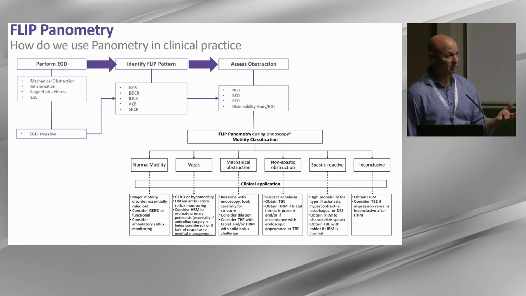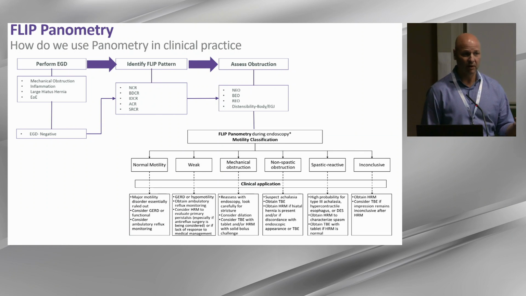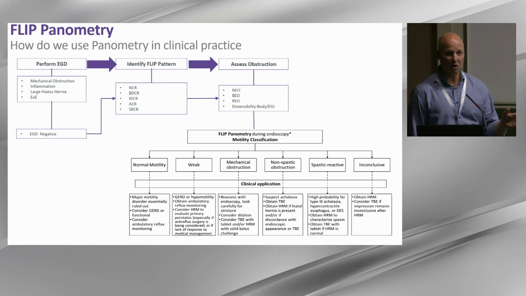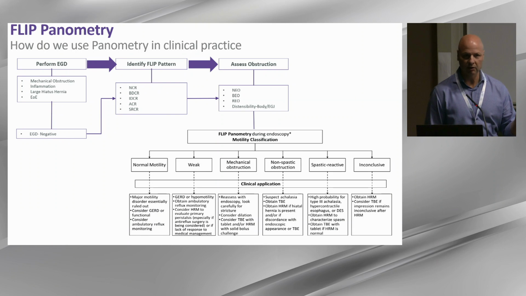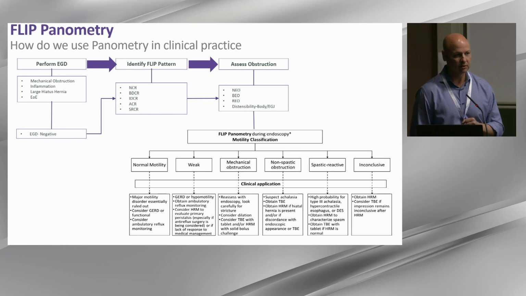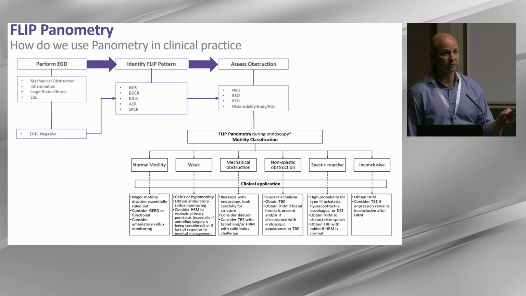If they have a mechanical obstruction, I will tell you, this helps us pick up. There are mechanical obstructions that are missed all the time that we pick up on FLIP because they have a 14 or 15 millimeter stricture at the EGJ, often missed. So we don't do empiric dilation anymore. We actually do targeted dilation because we know there's an abnormality. And if they have